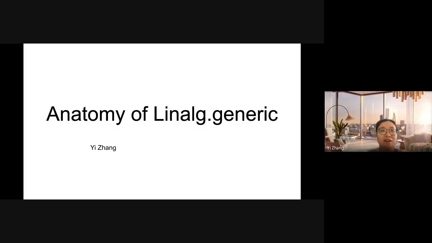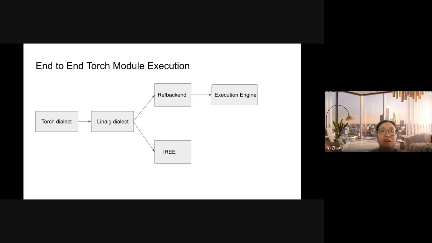Hi, everyone. My name is Yi. First, I will introduce my background. I started working with Zhang Silvas on the Torch MLIR project a few months ago. The goal of our project is to bridge the Torch world and the MLIR world so that we can run Torch modules end-to-end on the MLIR tech stack.